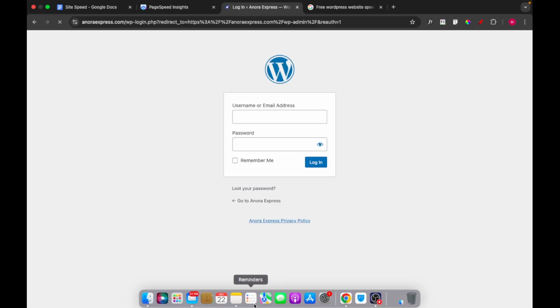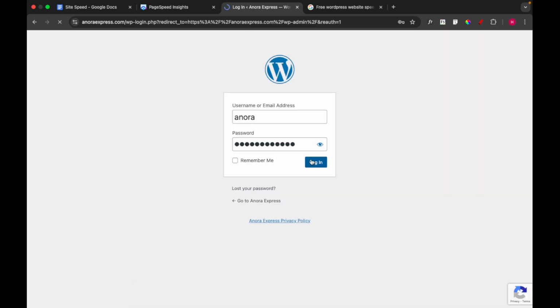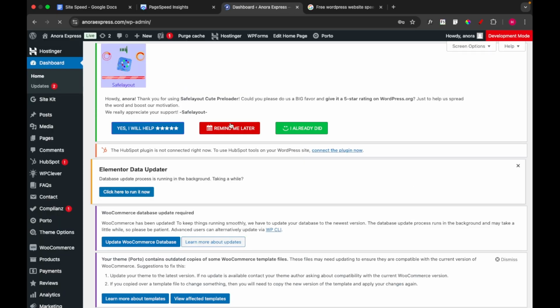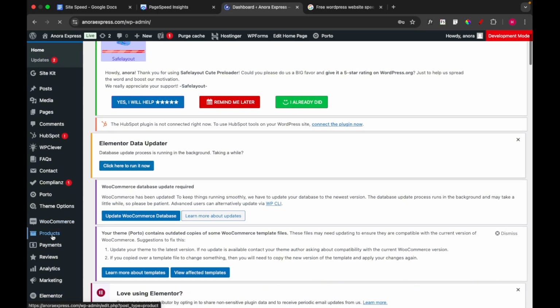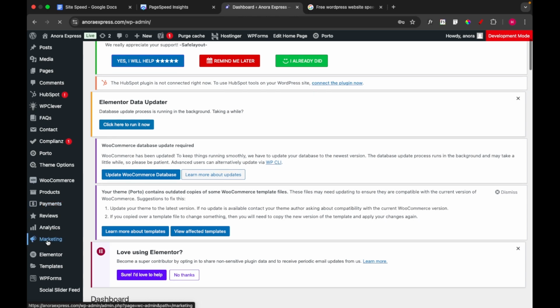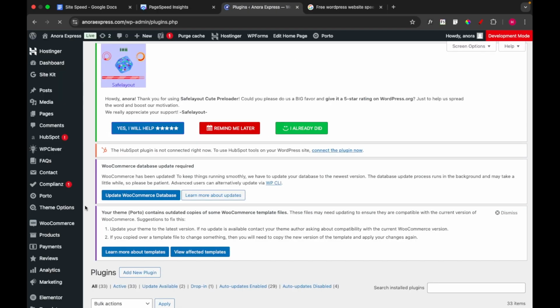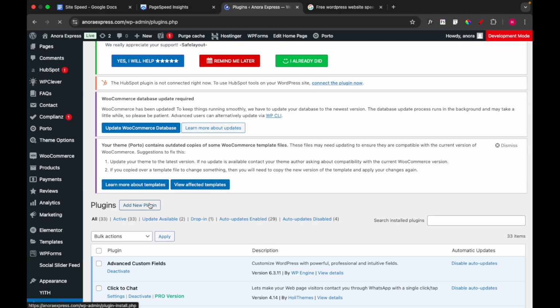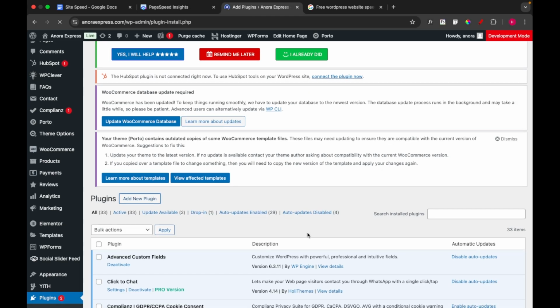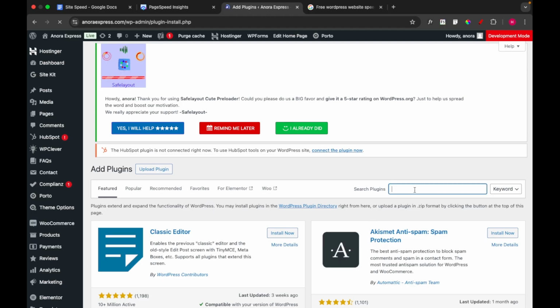So what I'm going to do now is just go to the plugin section. I'm going to add a plugin. Click on add new plugin. So search for the name